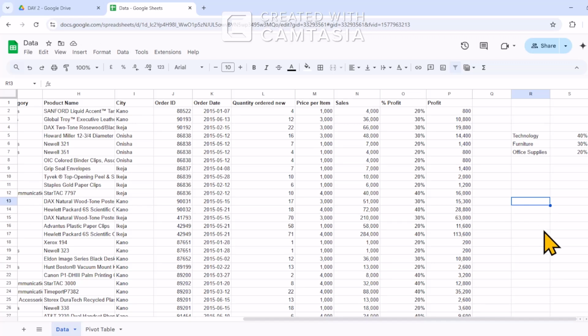Okay, I want to know which day has more orders, and to do this I'm going to create a helper weekday number. So I'll do 1, 2, 3, 4, 5, 6 and 7